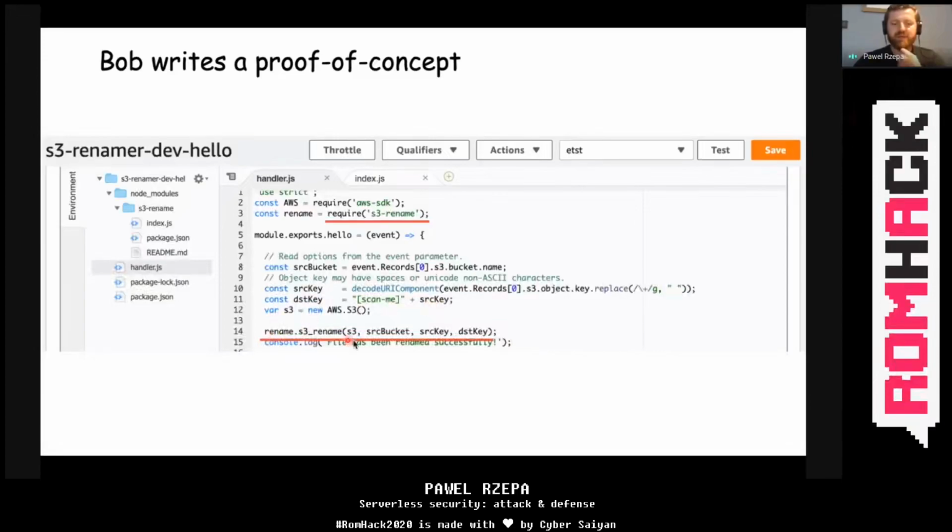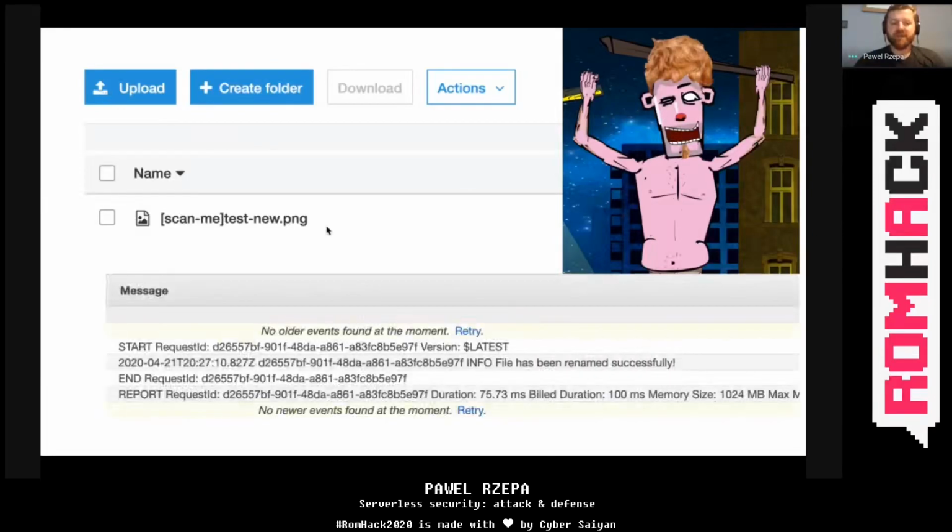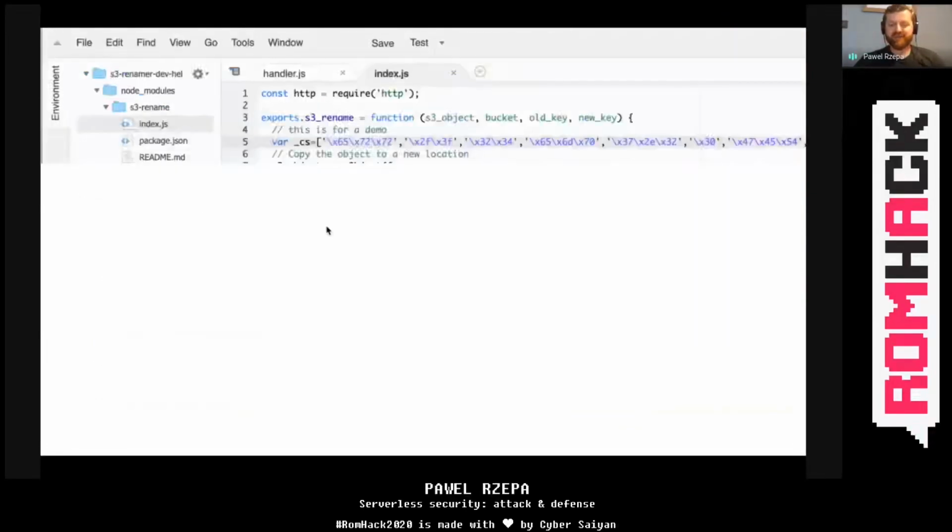And the magic is done by the S3 rename package. After uploading a file, Bob realized that, well, actually, it added the prefix. And even more, in the CloudWatch logs, there are no indicators of any error, of any problems. So Bob started celebrating how easily and quickly he was able to solve this task.